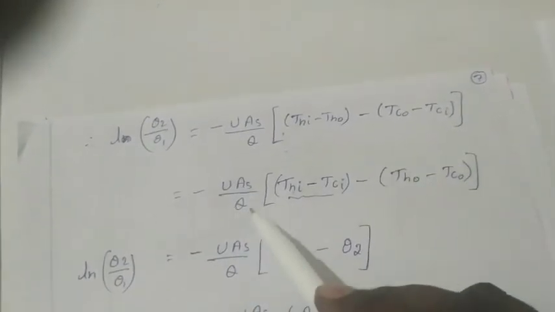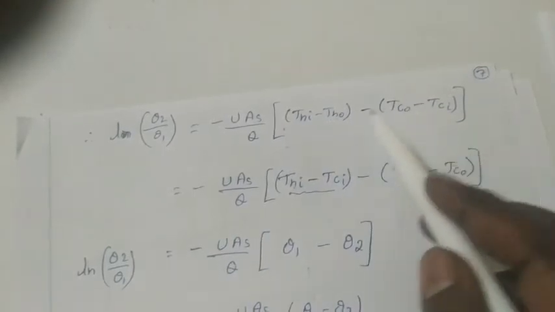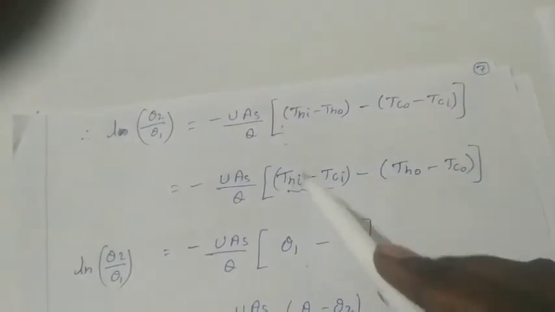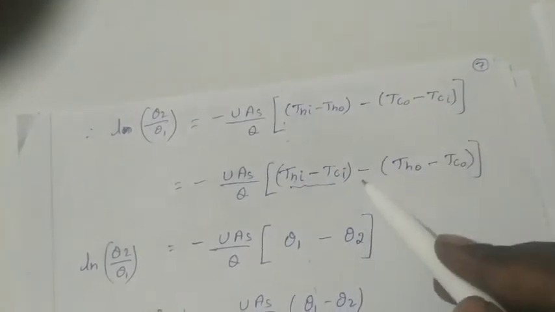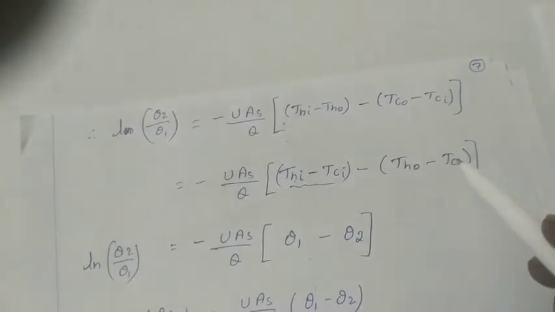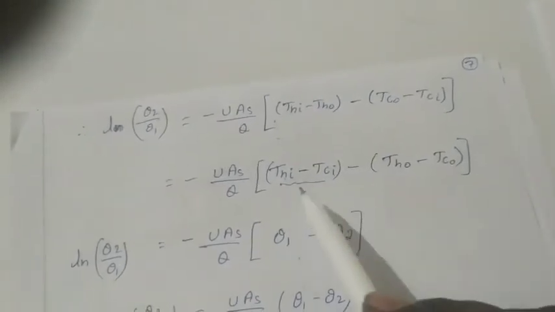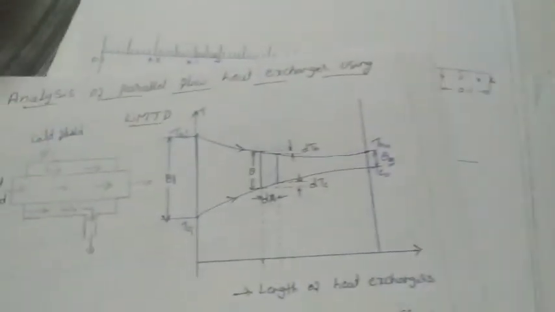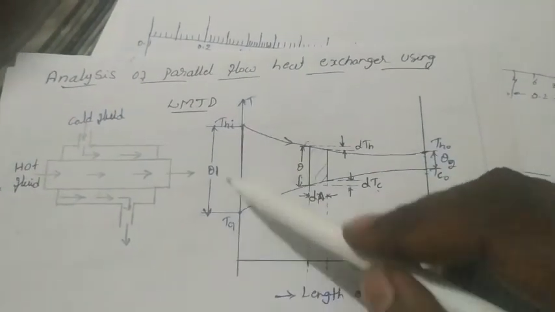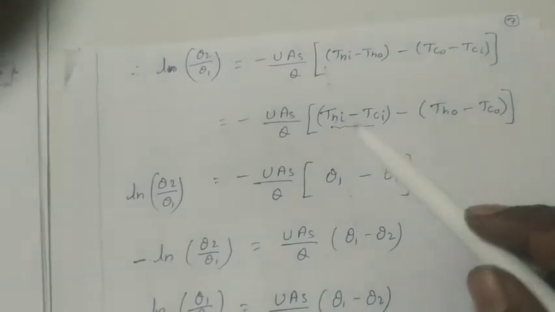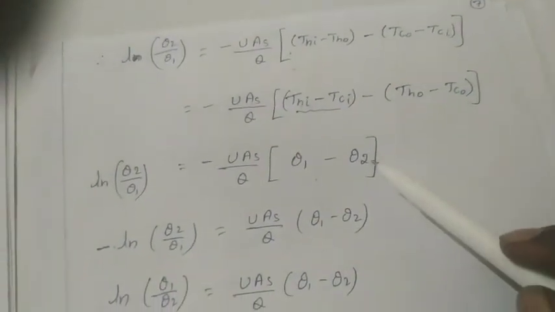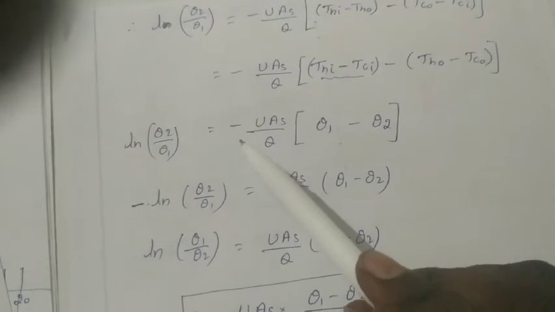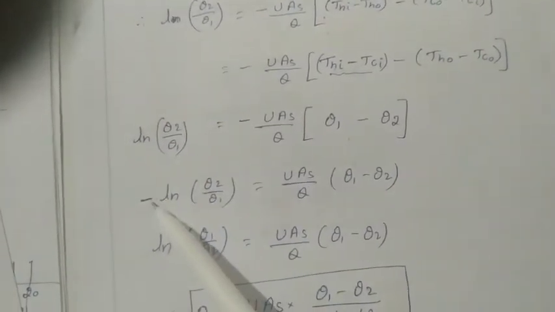So within that minus UAS, keep it as it is, we are rearranging this equation. We're getting Thi minus Tci and minus, as it is, Th0 minus Tc0. So I'll group it. According to that diagram, Thi minus Tci we call theta 1. At the same time, Th0 minus Tc0 equals theta 2. So this minus sign is transferring to this side, because this will become ln of